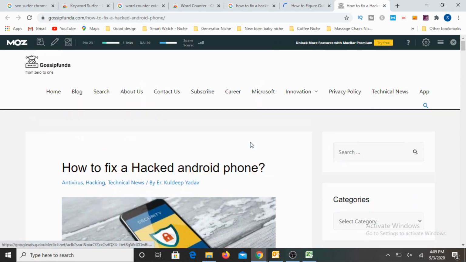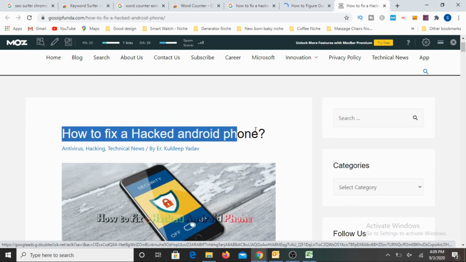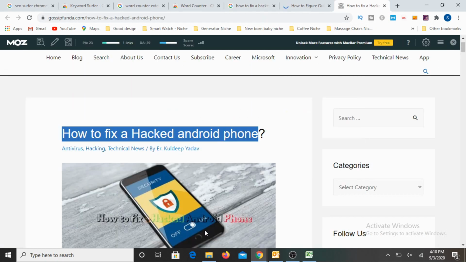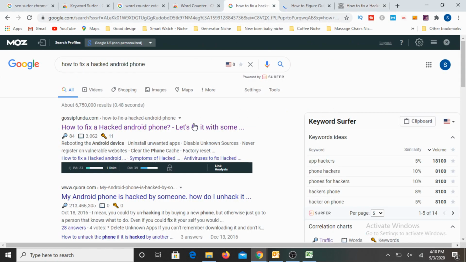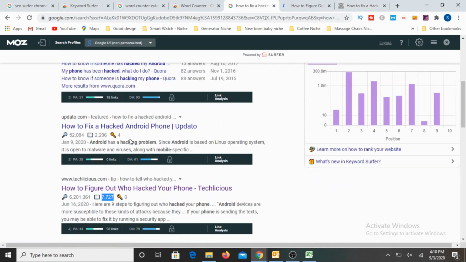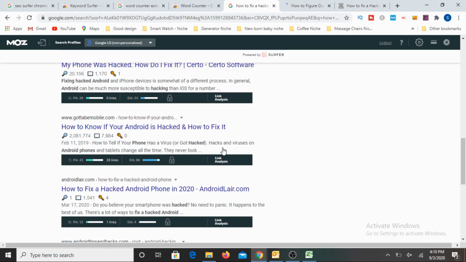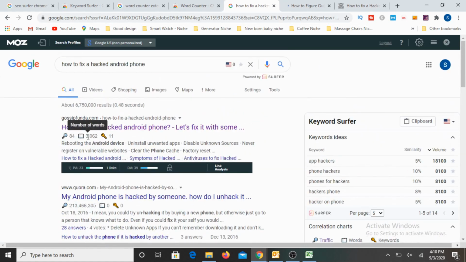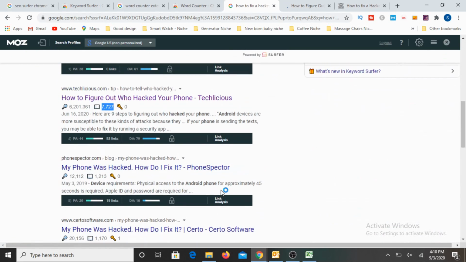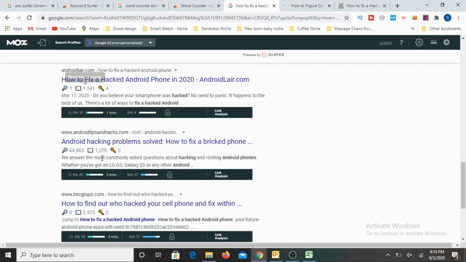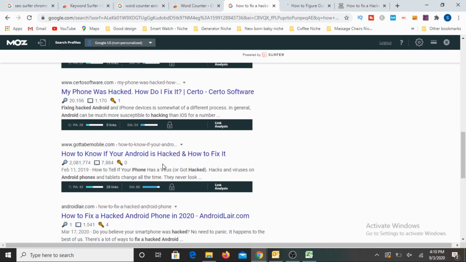Whereas in this particular content, how to fix the hacked Android phone, this is exactly matching the query that we just typed. That means the entire content, nearly 3,000 words, is focused towards it. And then we found another article of about 2,000 words, and then 1,000. Predominantly the first two articles are about 3,000 and 2,000 words, and most of the others are about 1170 or 1514, around 1,500 to 2,000 words. There are a couple of outliers, nearly 7,000, for which we saw the reason.